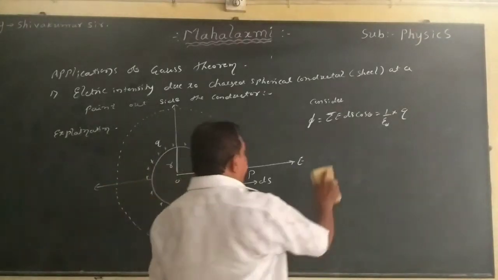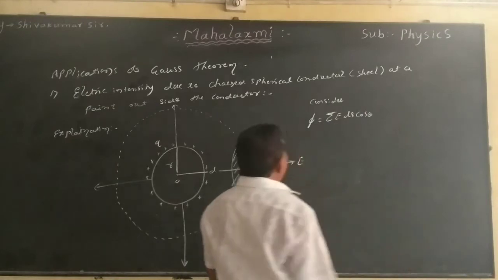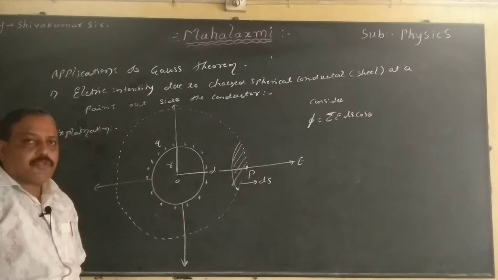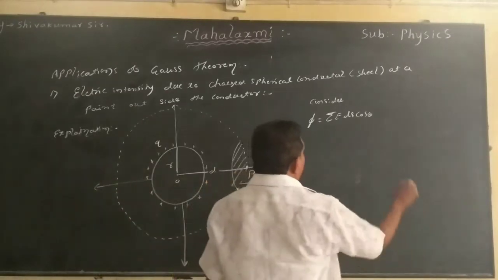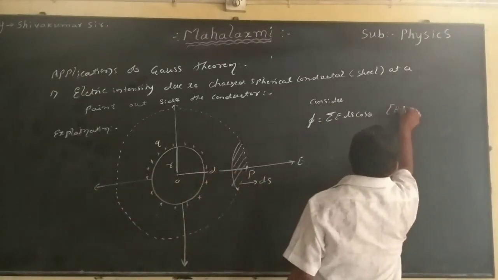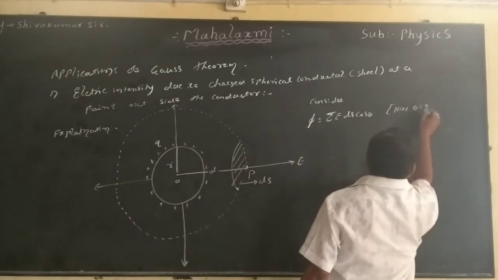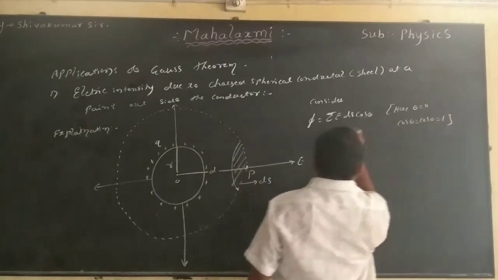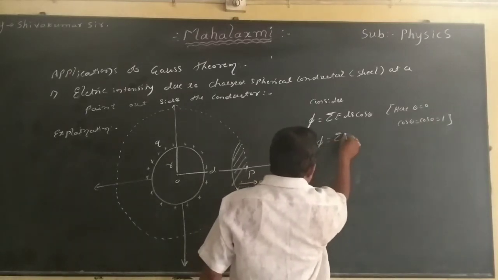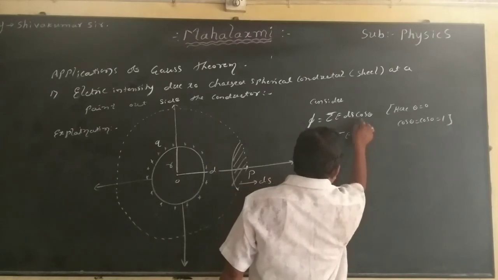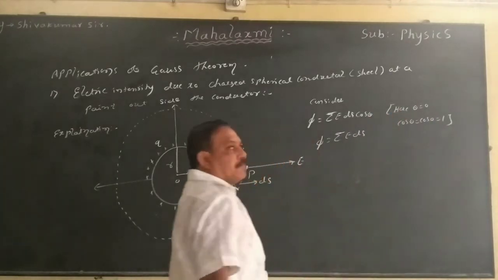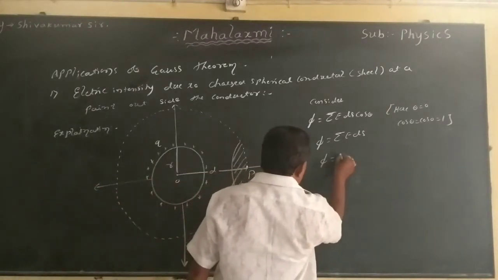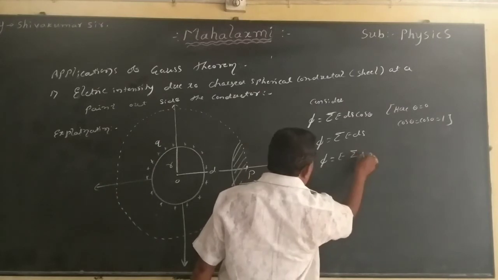So I take this equation. Consider the total electric flux through the surface, phi equals the sum of E ds cos theta. What is theta? Here theta equals 0, so cos theta equals cos 0 equals 1. Substituting, phi equals the sum of E ds. The electric field is constant, and constant factors are taken out of the summation. What remains? The sum of ds.